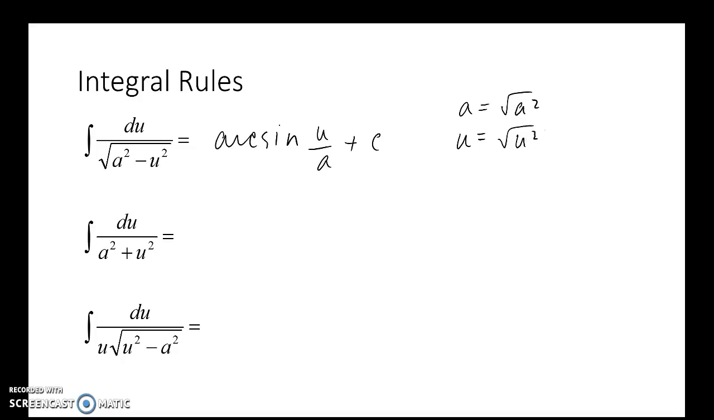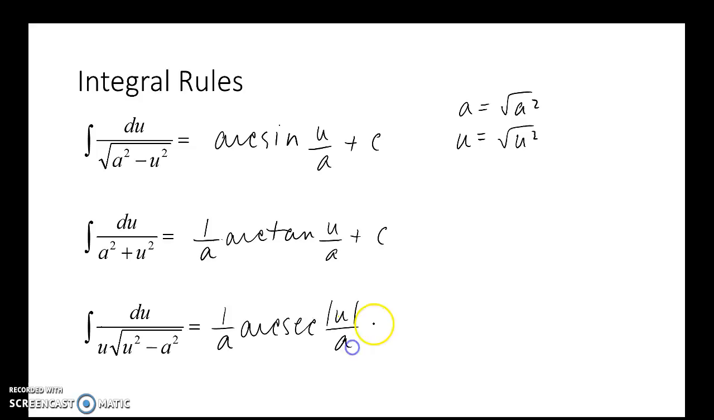Antiderivative of du divided by a squared plus u squared. This looks like the derivative rule for arc tan. Okay, it's the only one that doesn't have the square root. And this antiderivative is 1 divided by a arc tan of u over a plus c. And lastly, the antiderivative of the last. This resembles arc secant, and that's 1 over a arc secant of the absolute value of u divided by a